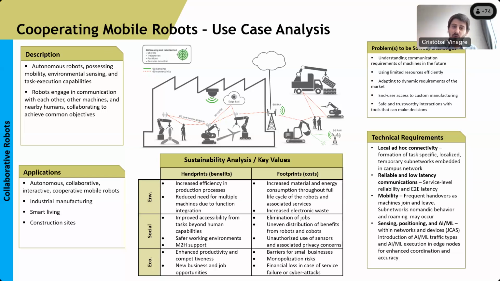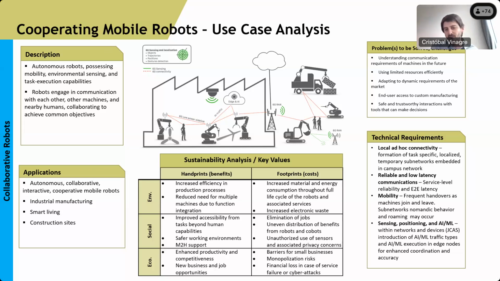As the next step in the process, as Stefan mentioned, we've also performed a sustainability analysis, identified possible impacts, both positive and negative, in the environmental, social, and economical dimensions. Then we've described the technical requirements, so some of them local ad hoc connectivity, so benefiting from the possibility of robots communicating together directly, leading to the creation of subnetworks, then extremely reliable and low latency communications beyond what 5G can deliver,